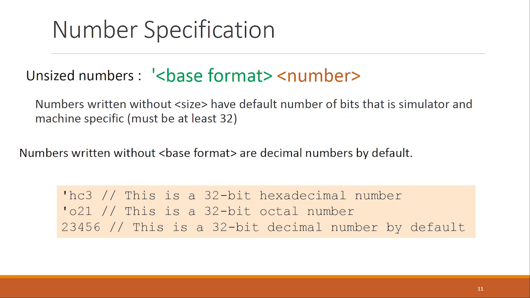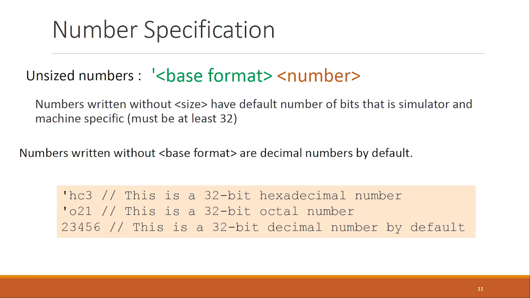Usually when we want to represent an exact number with an exact number of bits, we go with sized numbers, not with unsized numbers, because in unsized numbers we don't know the size, that is, the number of bits used to represent the number is not known to us. Numbers written without base format are decimal numbers by default. If you don't specify the base format, then the default base format used by Verilog is